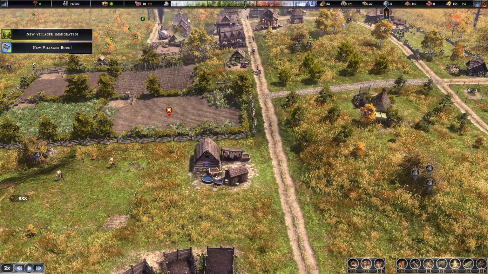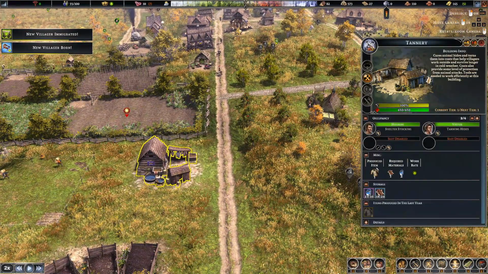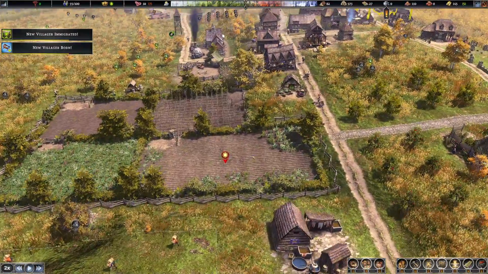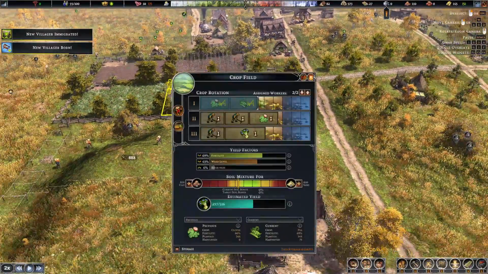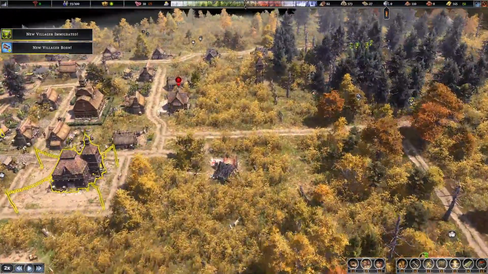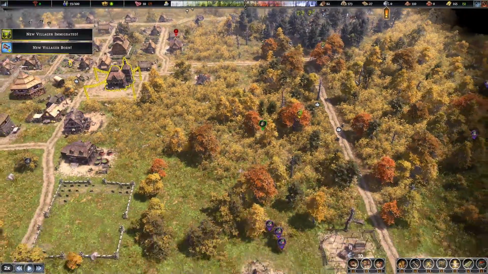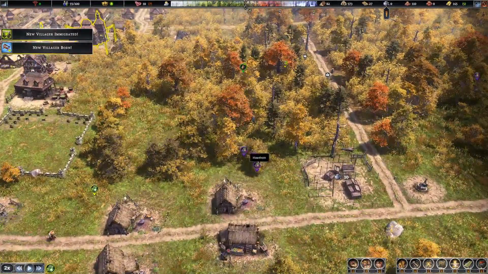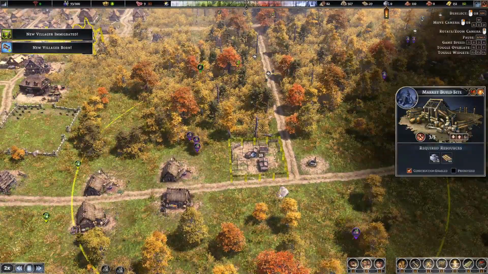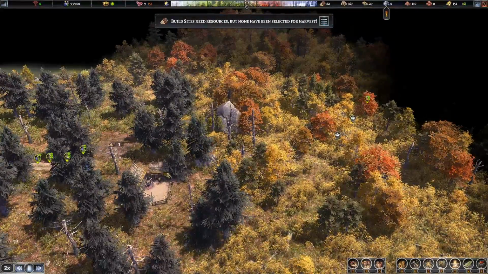Right, the tannery's been built, which means that we can now produce coats. Oh, what have we got here? We've got some crop losses, which could be a bit of a problem. We are making a little bit of steady supply of money. It's good. Hawthorns. Need that second marketplace going there. But I think probably more importantly,